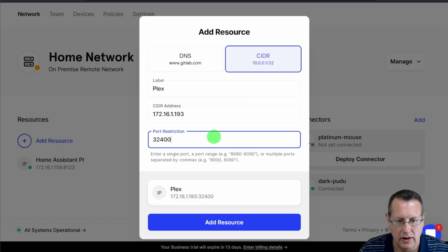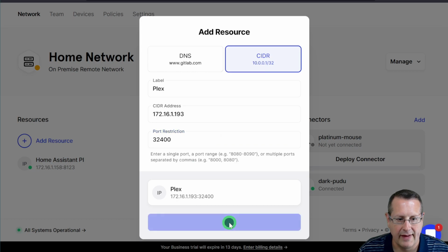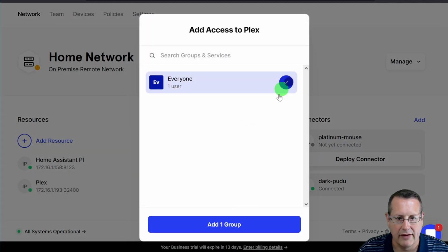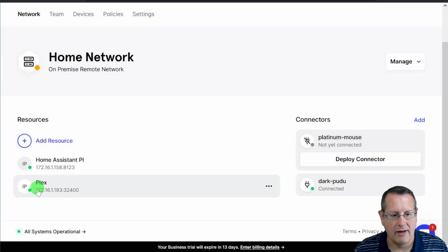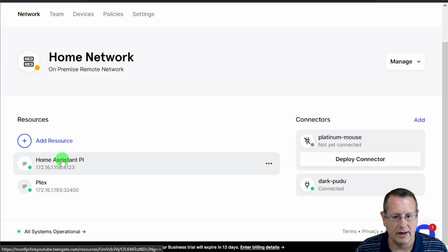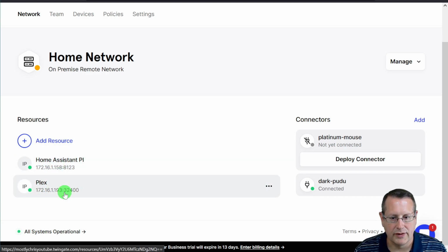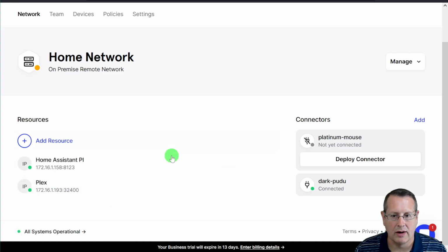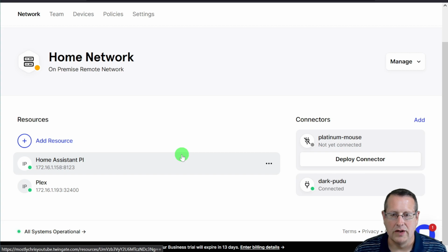Plex is on 32400. And then just add that resource. And I can grant it to everybody. And now I have Plex available to this as well. So I've got two different resources that are now available internally to this home network that can be reached from Twingate. So you just sign into Twingate, fire it up on your client, and then you're able to access these